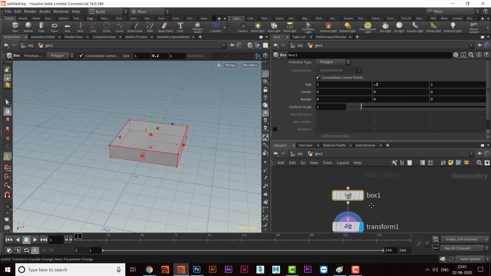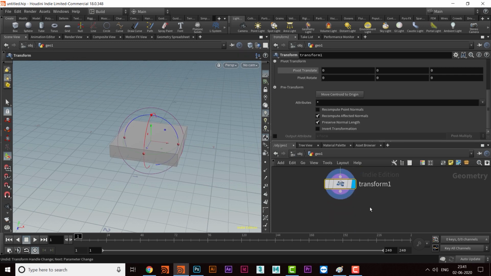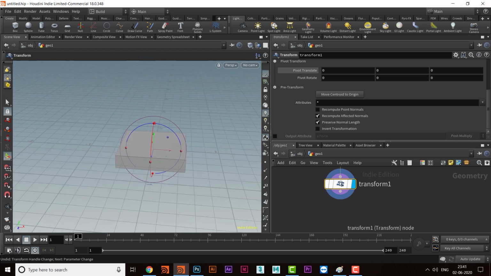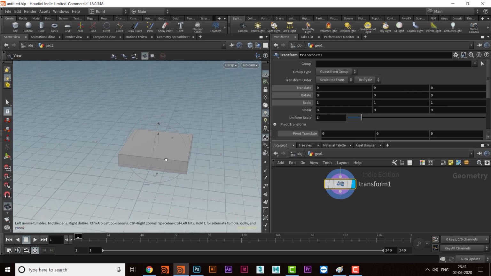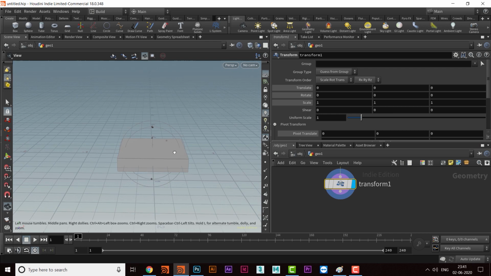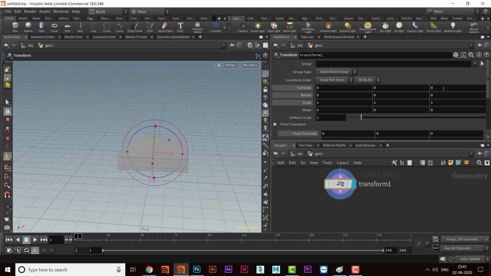Then we'll go to transform, and here in transform we will use the minimum value, that is dollar x min.